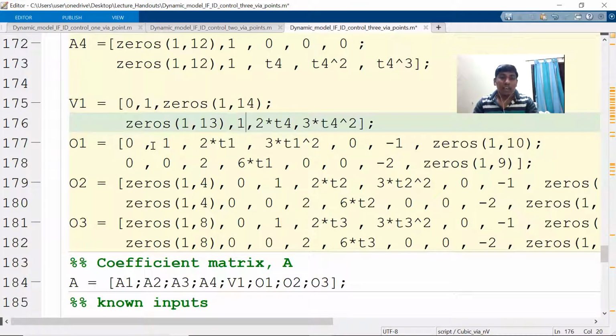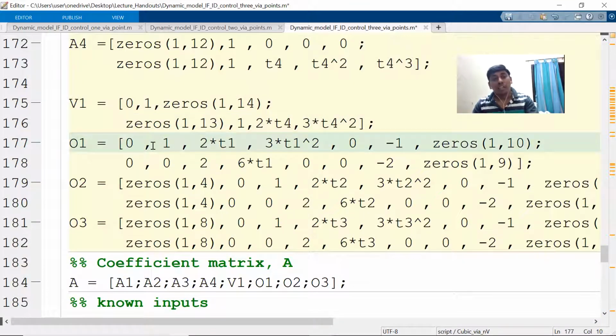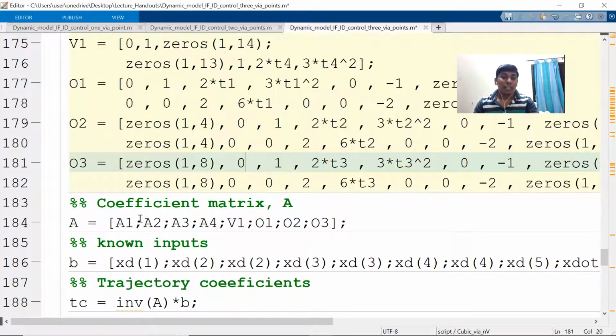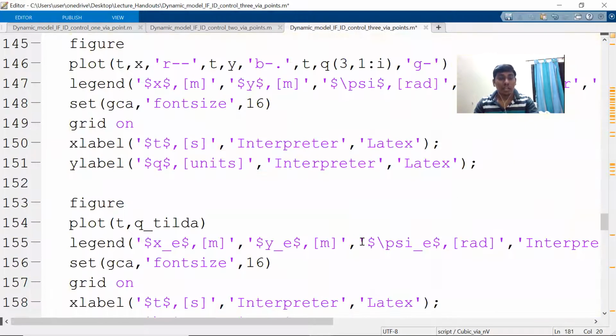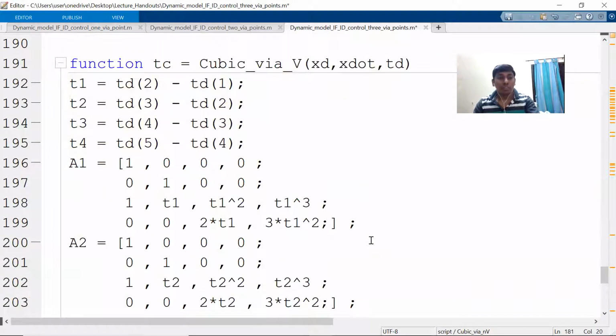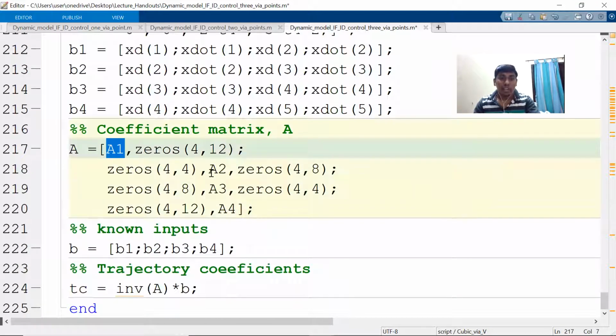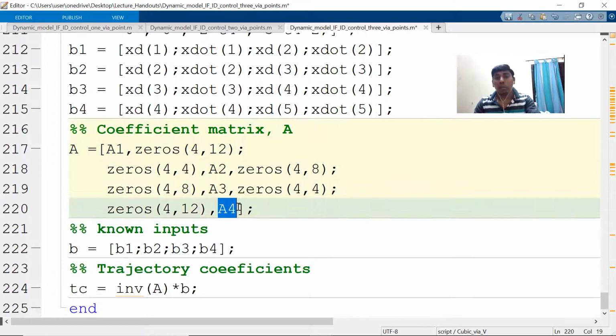And this is the other relation which will give the first segment and second segment velocity and acceleration relation. Similarly, the second and third segment velocity and acceleration. This is the fourth segment, or the third and fourth segment relations. Like that, you can make it. So now you can do it. Similarly, the other way around, if you look at it with via point velocity specified, it is a block diagonal, right? You can see it is a block diagonal.